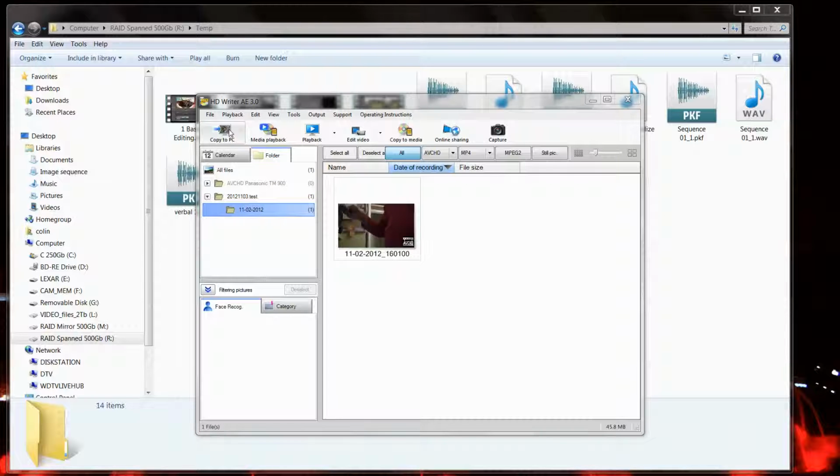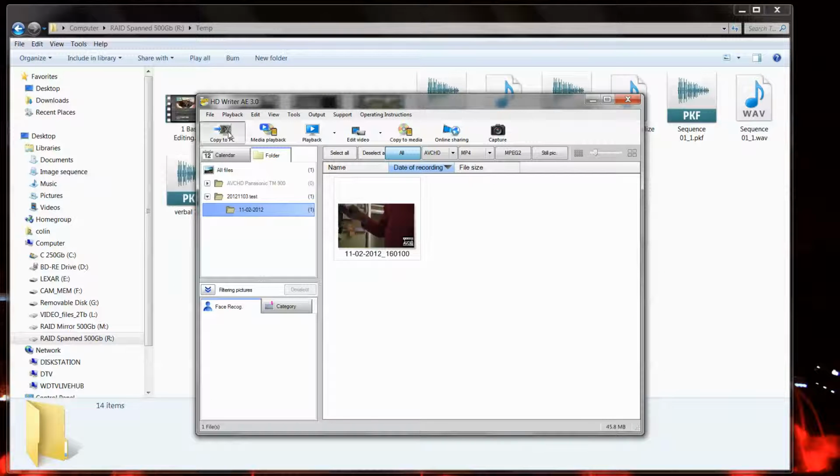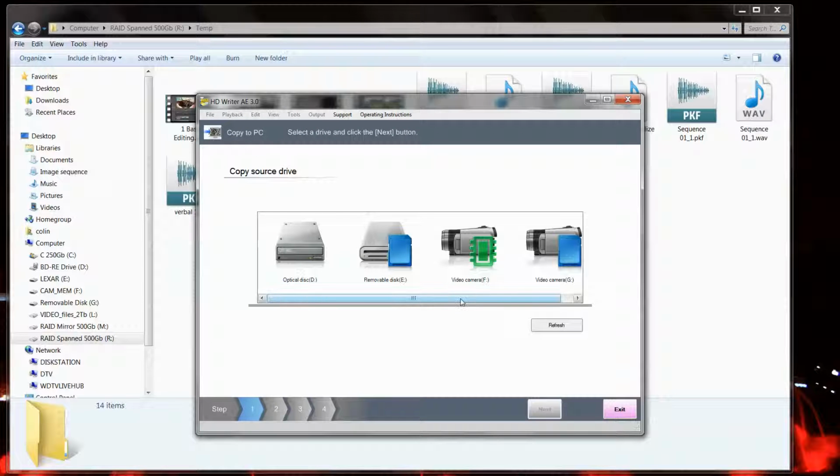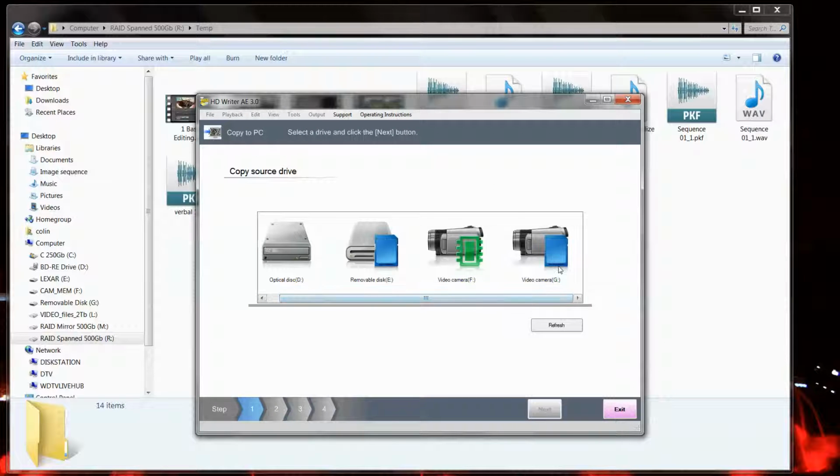So what I want to do is to capture some of the footage from the camcorder and put it onto the PC. So if I click on the copy to PC, select the source. Now my camcorder has its inbuilt memory in addition to the SD card, so hence why I've got two camcorder symbols here. So select it